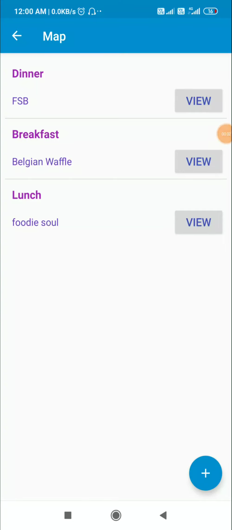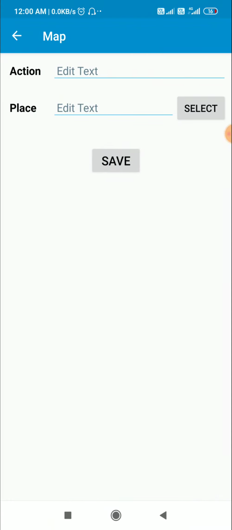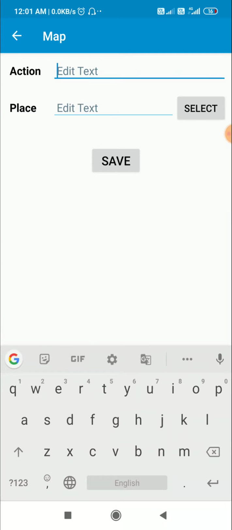Hello friends, here I have created an app in which I can select a location on map view and view it. So I'll show you how to create this in Sketchware. Now here I have this floating action button on which when I click I come to an add page